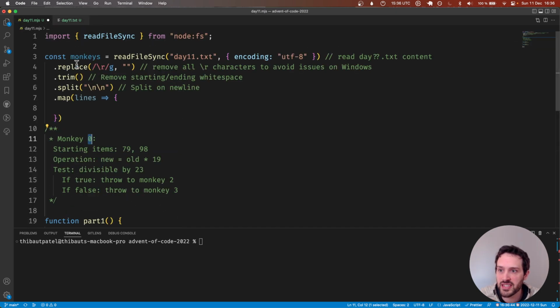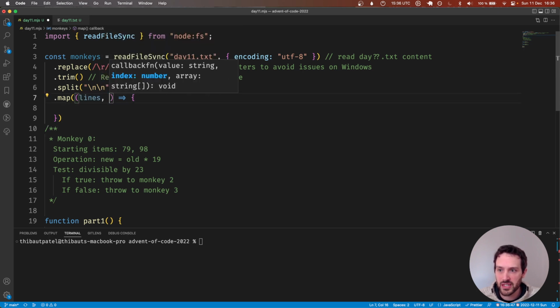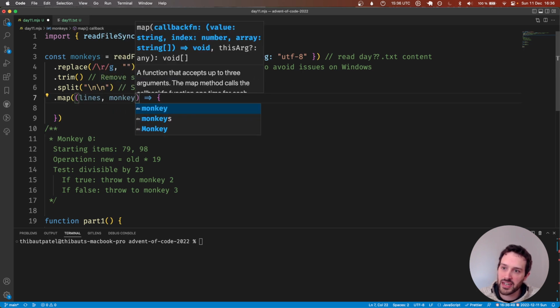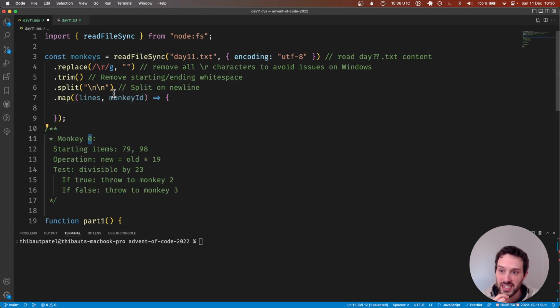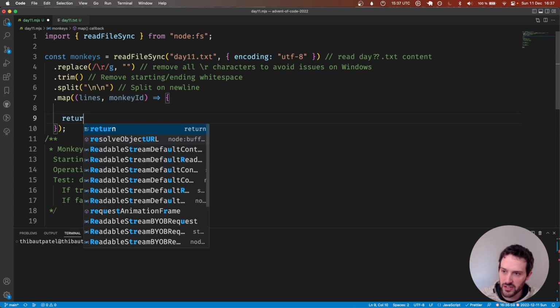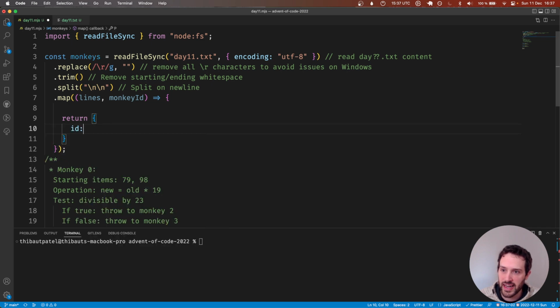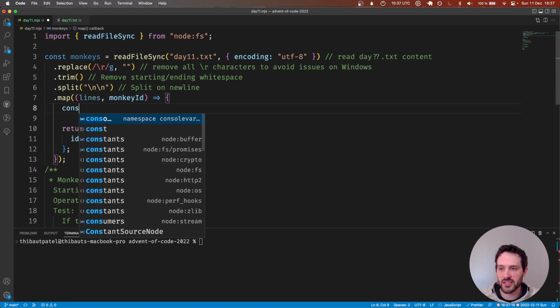Okay, so this is the monkey ID. That's it. We don't even need to parse it. It's just the index of the paragraph. So we can already return the monkey ID. Oops. Monkey ID. The starting items, that's something we care about. So here we can do that, const